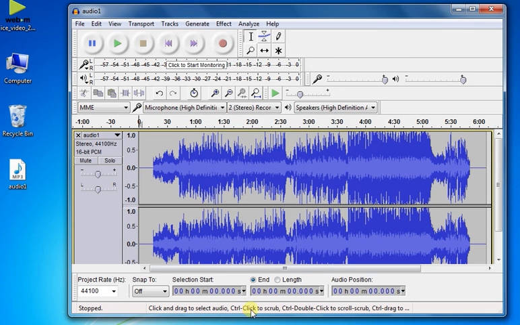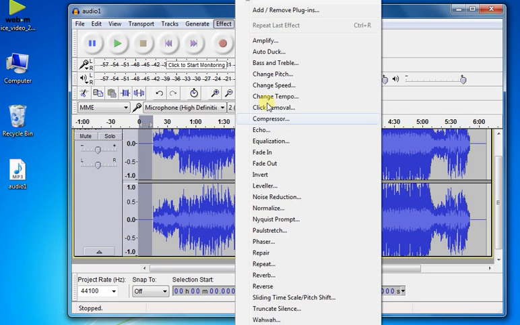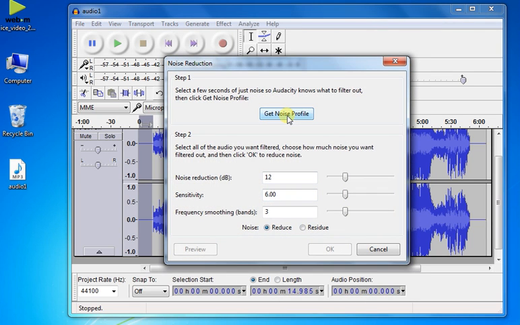So as you can see, the audio is loaded, and here there is a particular space wherein nothing much is spoken. So what I do is I select that particular area. I click on effect, and what I'm doing is reducing the unwanted noise. So this is the particular step 1.